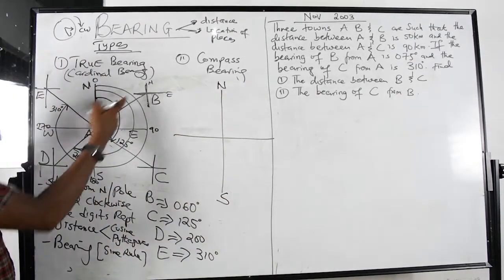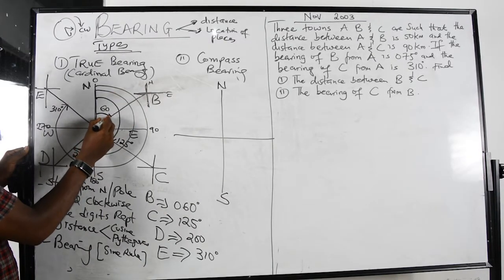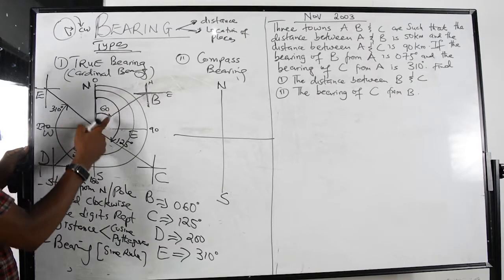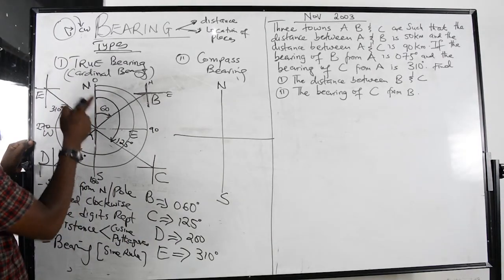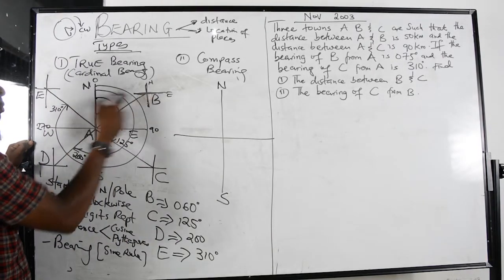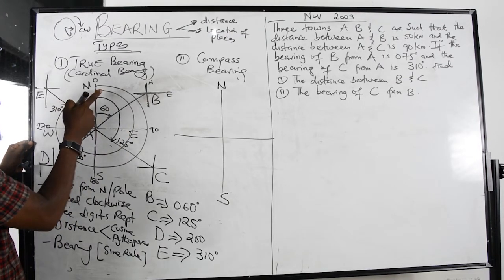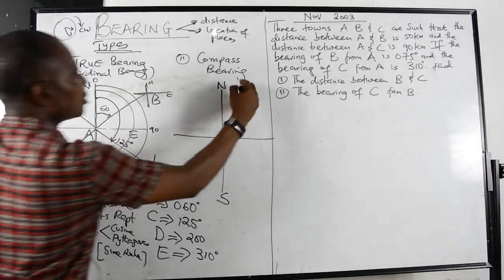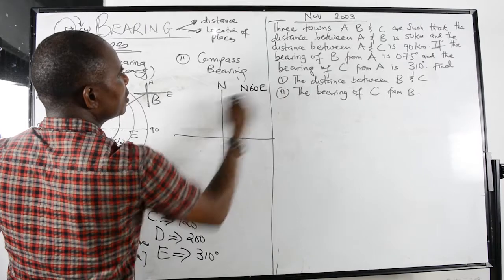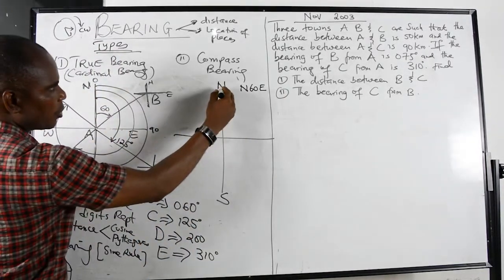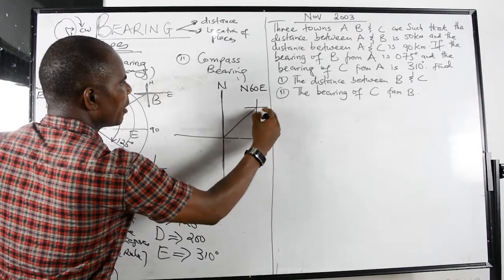So now I want to locate the same B here. So point B from A was 60 degrees from the North Pole of this. So I can write this B again as, now B is supposed to be not 60 degrees, not 60 degrees E. That is B I'm trying to locate. North, from the North Pole I go 60 degrees towards the east. So it is written also as north 60 degrees towards the east. So I can locate it there. I start from the North Pole here, then I go 60 degrees there. So this is my position B.